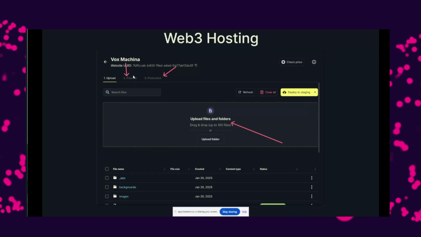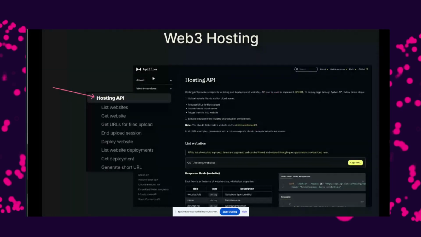We also have 2 steps that you can utilize. So once you upload the files or your build, you can go into preview, which essentially renders how the website will look like. And then if you say, deploy to production, then we actually start the pinning process. There is an API for hosting, very similar. I will not go over every single function here. I just wanted to point out how this looks like in our docs, and I will provide a link in the slides.